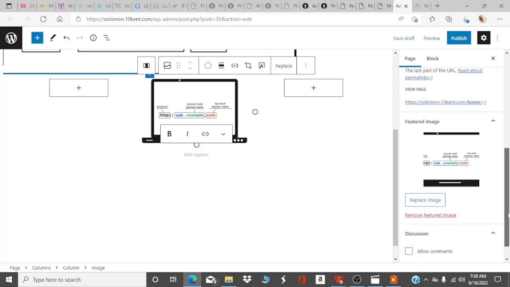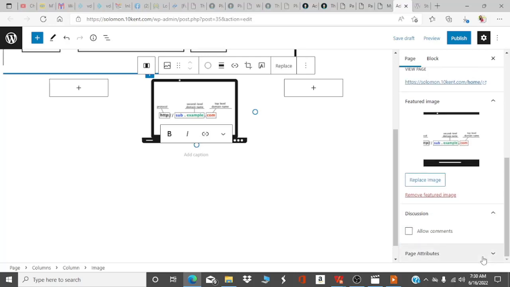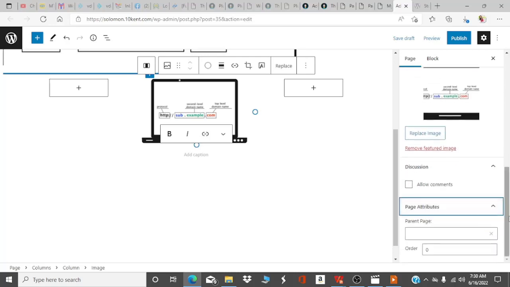Then discussion. In this discussion, you can see comments there. There is not much to set here. The more plugins you install may determine the category of features that are presented here. So you just click on publish, final. So that is how to